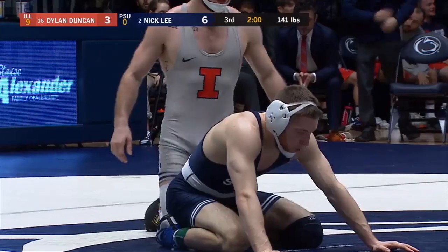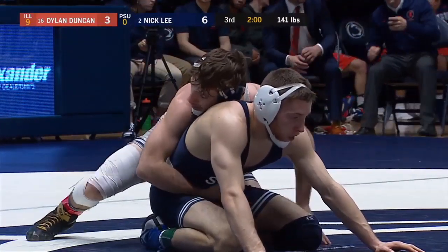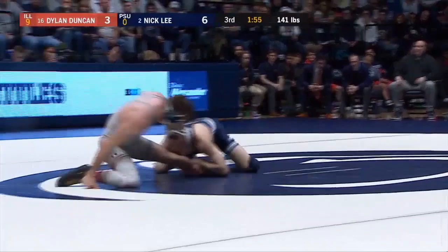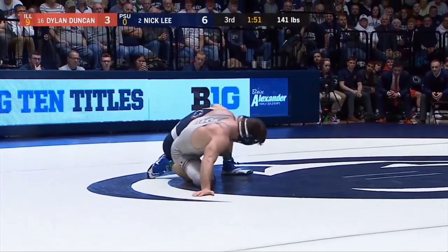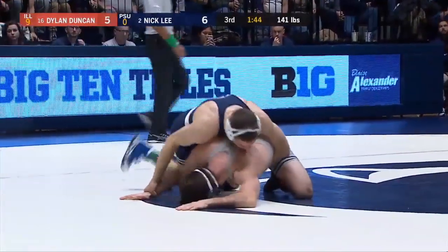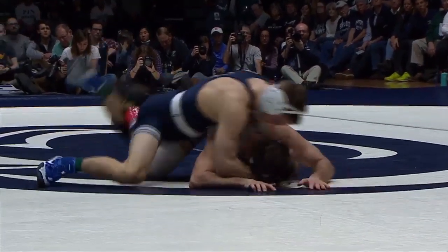Lee is set underneath. Dylan Duncan will set up on the left elbow. On the whistle, here comes Lee trying to fight to his feet. And now he tries to hit a switch, turns in, grabs a hold of the left ankle, works his way up the left leg, reaches across, grabs the far ankle, and gets the reversal to open up the third period scoring. 8-3 the lead for Penn State's Nick Lee as he gets the riding time advantage up to 1:05